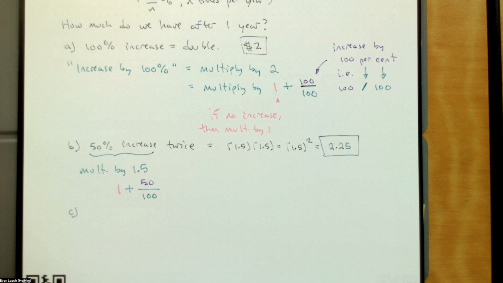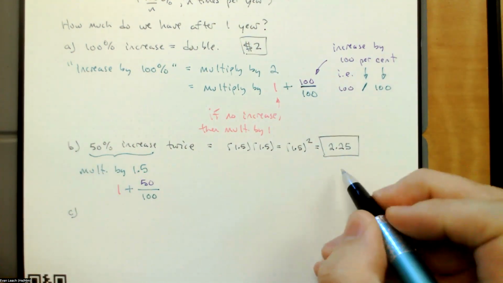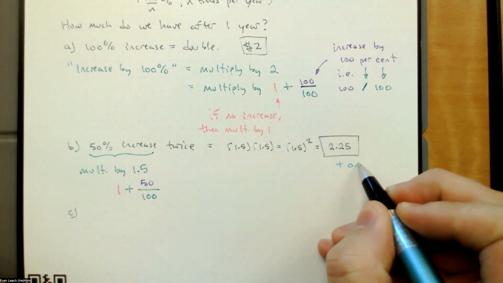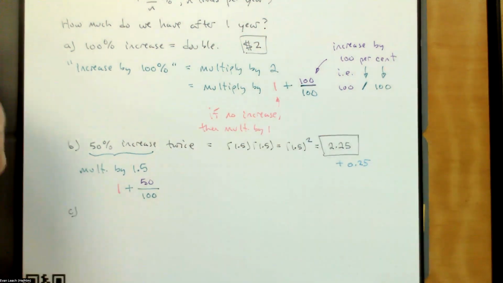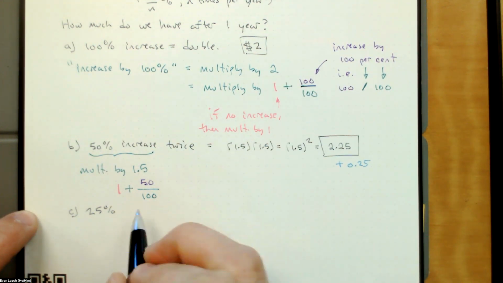So now we see what the scheme is going to be. We're going to be decreasing the base, but increasing the exponent. And we know, because we've seen this kind of stuff, that the exponent is going to win. We're decreasing the base, but increasing the exponent, the number of times the factor appears, and that's going to win. So notice that our increase here was plus 0.25 from the last one. So we can also predict what's going to happen if we do a 25% increase